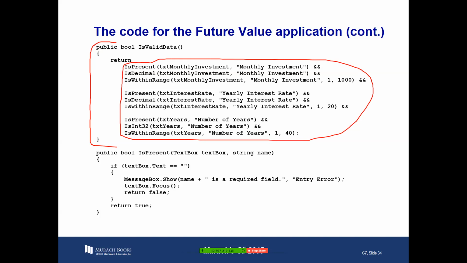It's either true that monthly investment is present and monthly investment is decimal and monthly investment is within range. And text interest rate is present, text interest rate is decimal, and interest rate is within range. And the years typed in is present, the years typed in is an integer, and the years typed in is within range. We're doing and,